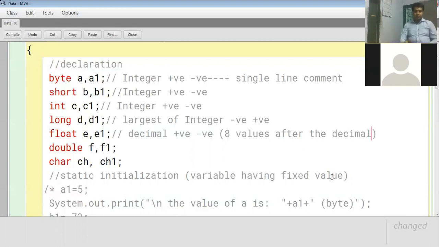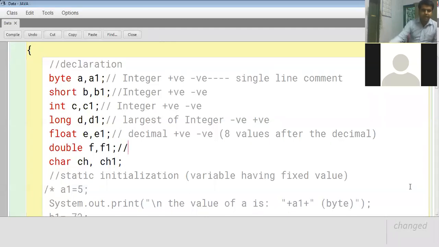Maximum, this is the maximum limit I can tell you, whether it is a negative value or a positive value. So this type is used to store any decimal number.